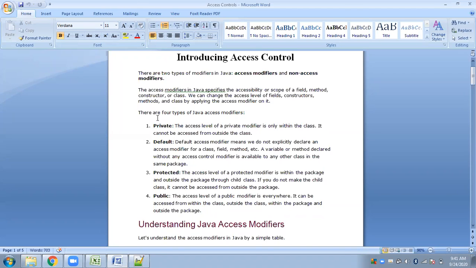Private clearly demonstrates the concept of data hiding, because it hides all the data and methods inside the class, and they can be accessed only from within the class. Whenever you want to write a program with full restriction, where you would not want the data or method to be accessed from outside the class, you have to use private.